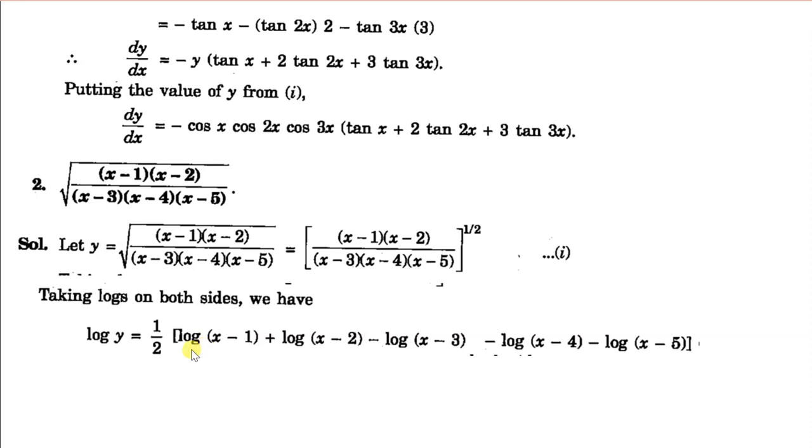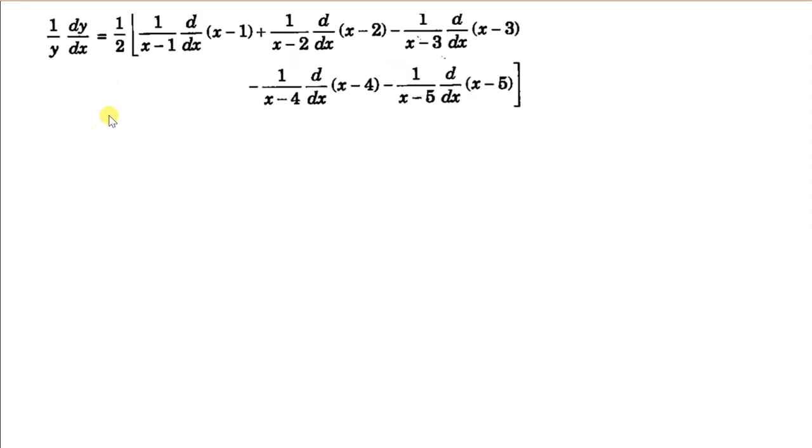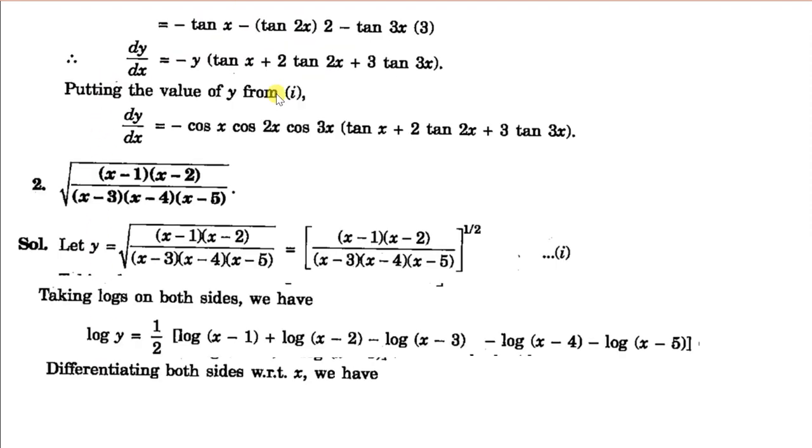Then we differentiate with respect to x. So differentiation of log y: first differentiate with respect to y and then use the chain rule, so then differentiate y with respect to x. So log y's differentiation is 1 by y, and then y's differentiation with respect to x is dy by dx, equal to, on the right hand side we have log (x minus 1), so its differentiation is 1 upon (x minus 1), okay, and multiplied with the differentiation of x minus 1 which is 1.